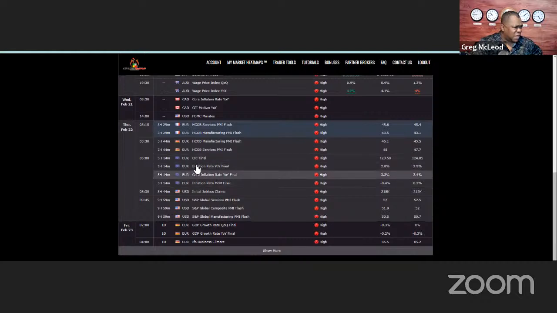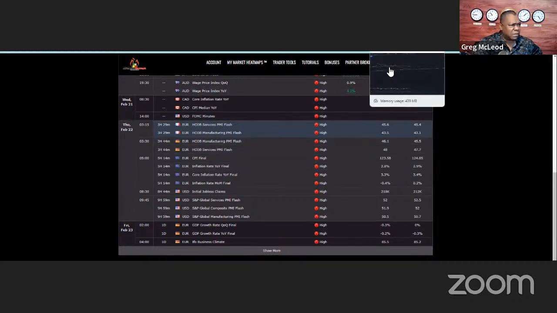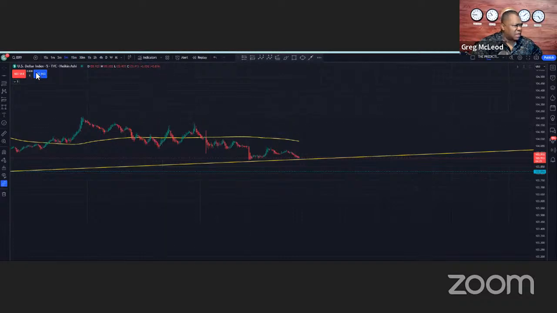And then we have CPI. So lots of the euro is going to be in play. Lots of European flags. So I like the euro coming up in the next 3 hours, and the euro is definitely something worth looking at. All right, and that'll be the anti-dollar. So we should see some big boost. In fact, I was